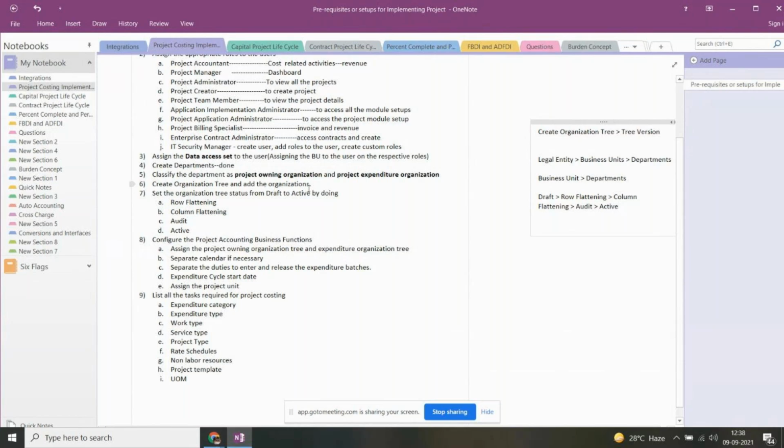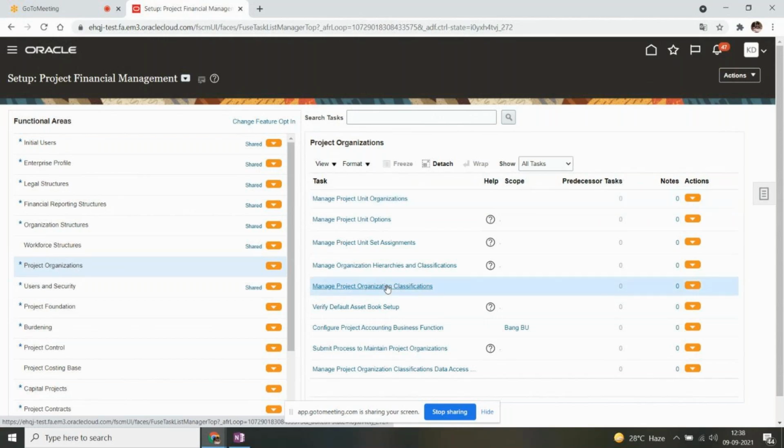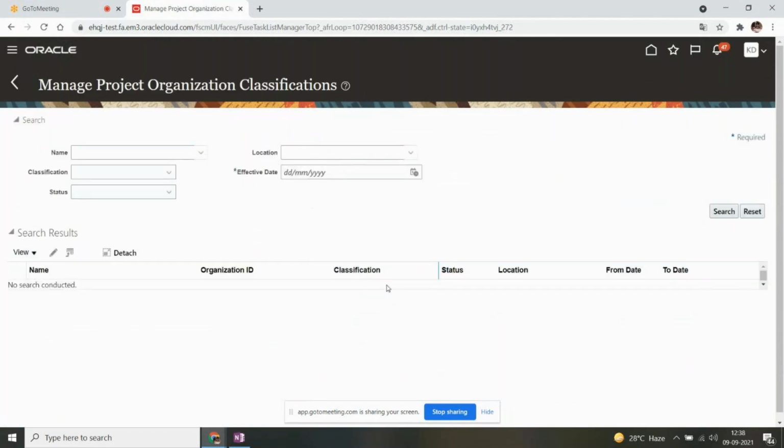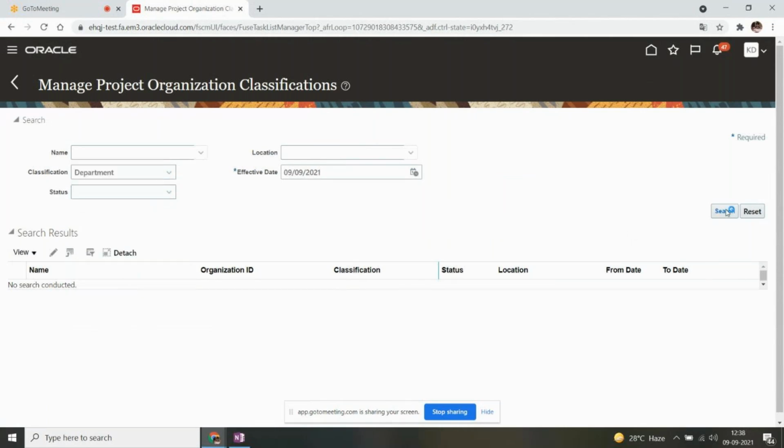Now we'll focus on our sequence here. We have created the organization tree and even created the tree version. Now we'll go to the fifth step: classify the department as project owning organizations and project expenditure organizations. In order to do that, under project organizations, you have to go to the task Manage Project Organization Classifications, then pick the effective date, and my classification here is department, then click search.